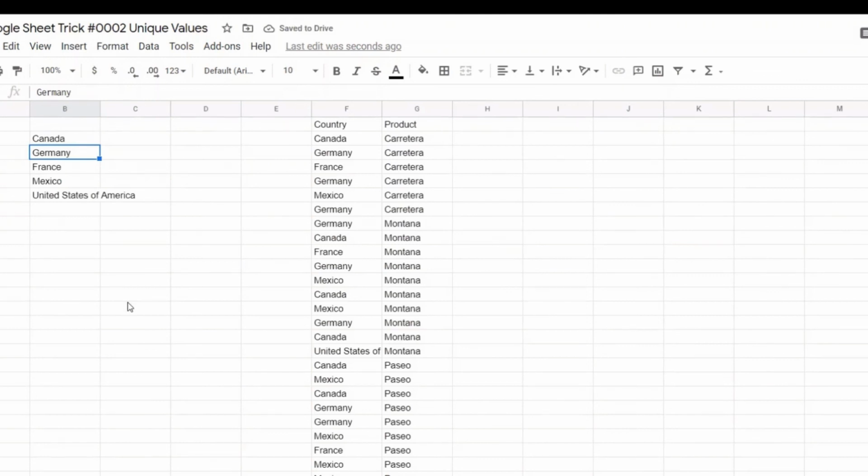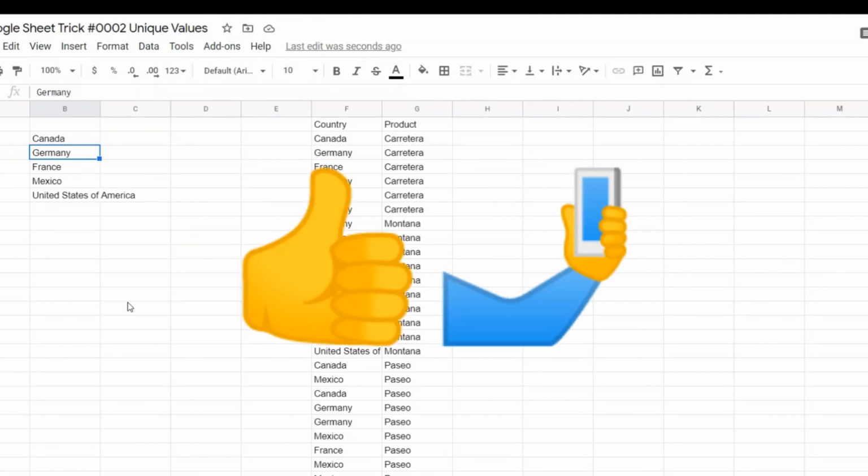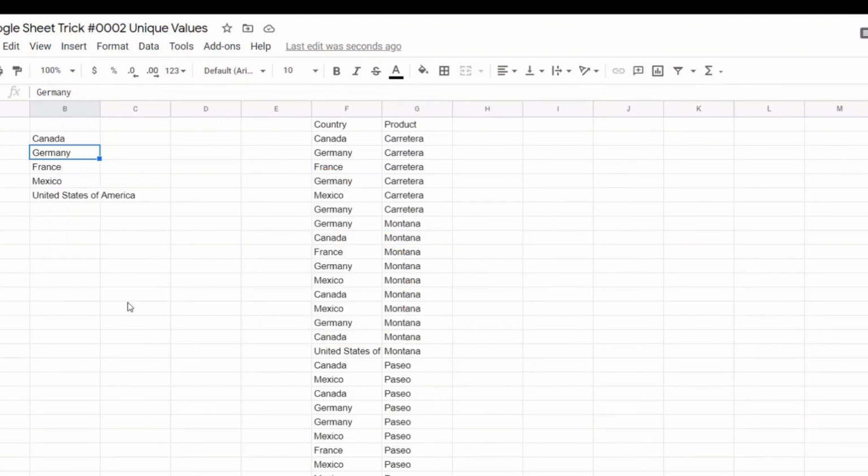This is trick number 2 for Google Sheet. Comment whether you like it or not, and what its usefulness is in a practical way. As I told you, data validation, or you can create a summarized table with this formula. So comment it,